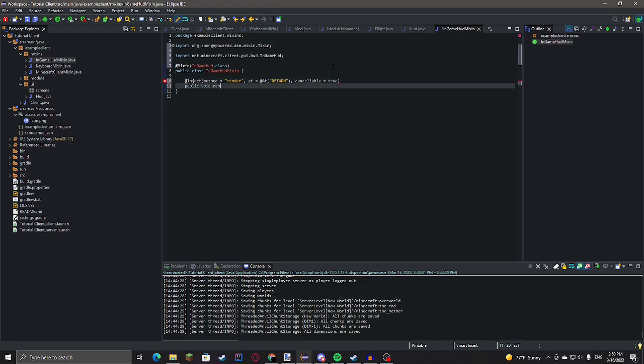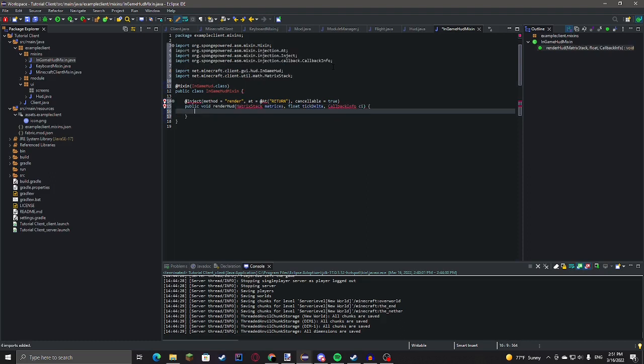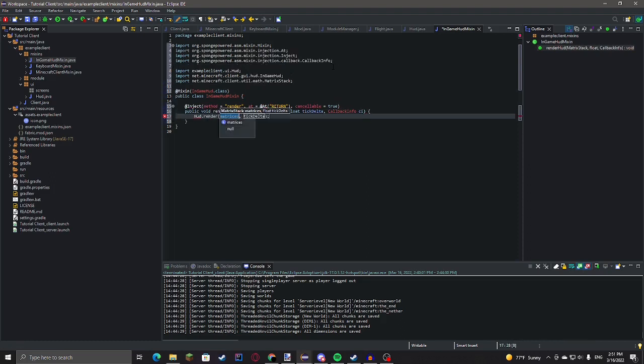Public void render HUD. We'll take in the matrix stack matrices and the float tick delta, and then call back info CI. So then we'll just call HUD.render.